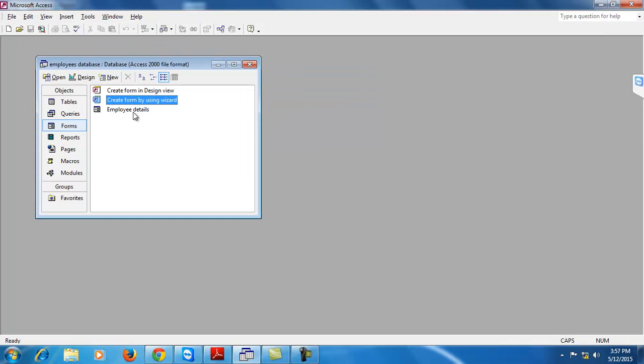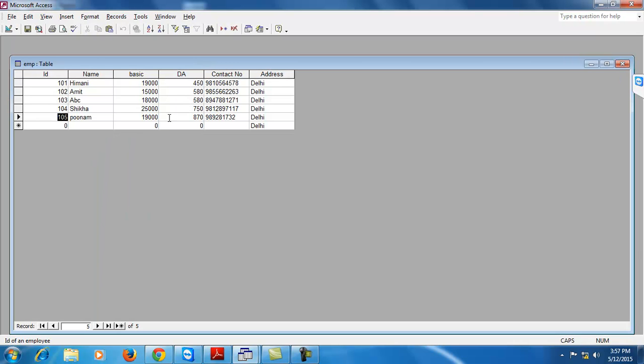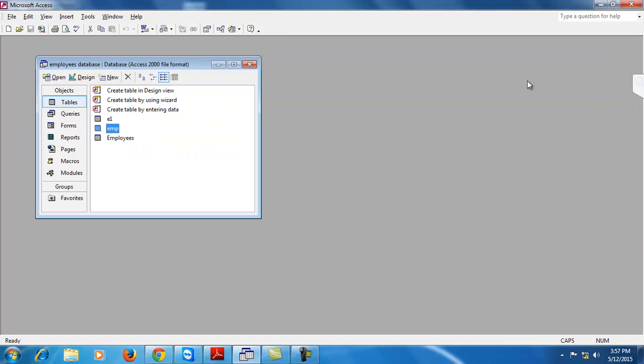Press Ctrl W to save the changes. Now you can see the table. This record is automatically added in the table. This is how you can create the form in MS Access.